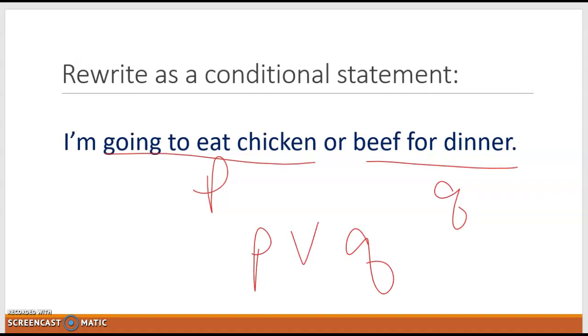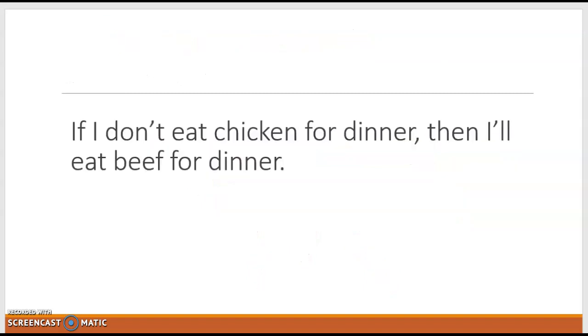Now, in order to write this as a conditional, remember the difference between the conditional and the disjunction is that the P is negated in the other piece. So in order to go backwards, since this, I'm going to eat chicken, is not negated, then to go to a conditional statement, we're going to say if not P, then Q. And that will be the other direction. So if I don't eat chicken for dinner, then I'll eat beef, which makes sense. If I'm eating chicken or beef, well, if I don't have chicken, then I'm going to have beef, right? So that totally makes sense logically. So that's the back and forth between conditionals and